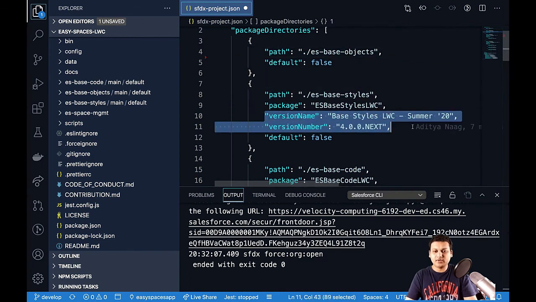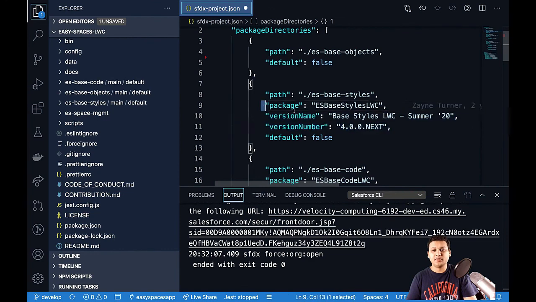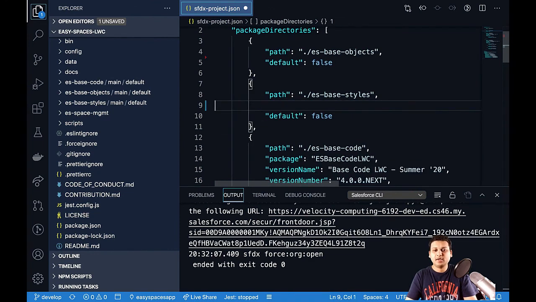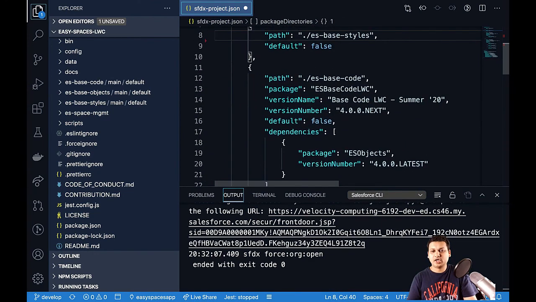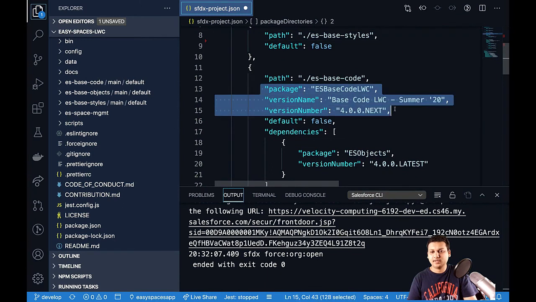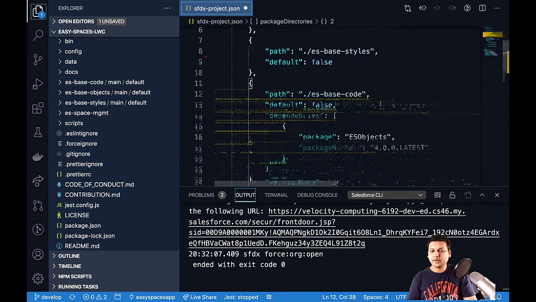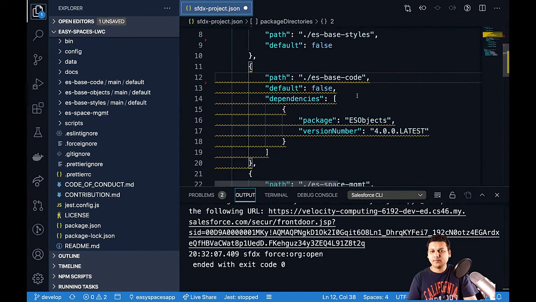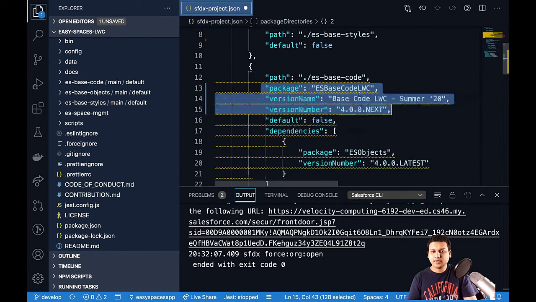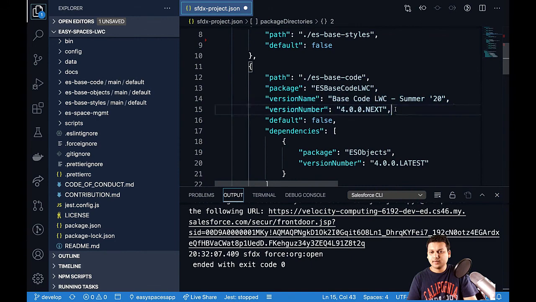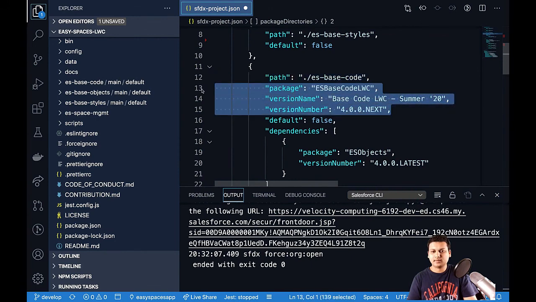So I'm going to get rid of version number, version name, and packages. We will need that when we are packaging it up. But for now, let's just uncomment these. I'm going to uncomment or remove this. Okay, so it's showing an error here. That's because